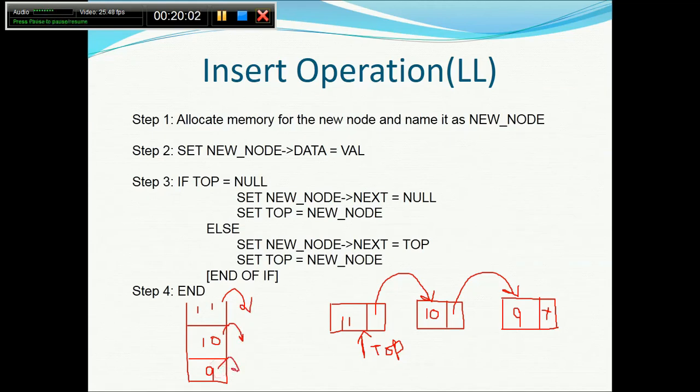So what we will do is copy the same linked list implementation of the stack onto the deletion algorithm, perform that algorithm on this linked list itself, and see whether we are getting the elements in this order or not: 11 first, then 10, and then 9. Let me create this linked list first, and then I will perform the deletion operation. After that I will discuss the time complexity.